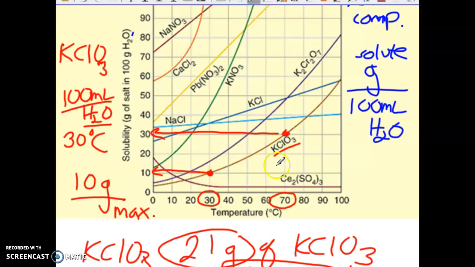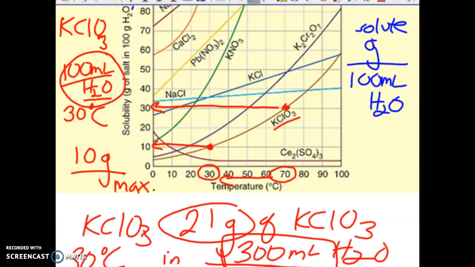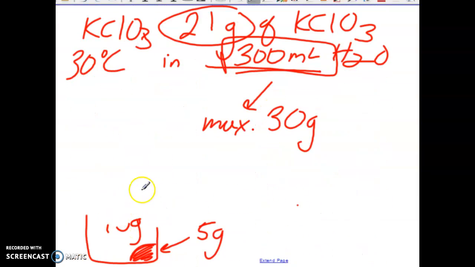So for example, let's say we were to take 100 mils of water, heat it up to 70 degrees, we can dissolve 30 grams of it. And if we were to cool it down to 30 degrees, only 10 grams is the maximum. So if we had a disturbance that would precipitate out the excess, we really are 20 grams above the current maximum. So imagine in that point,